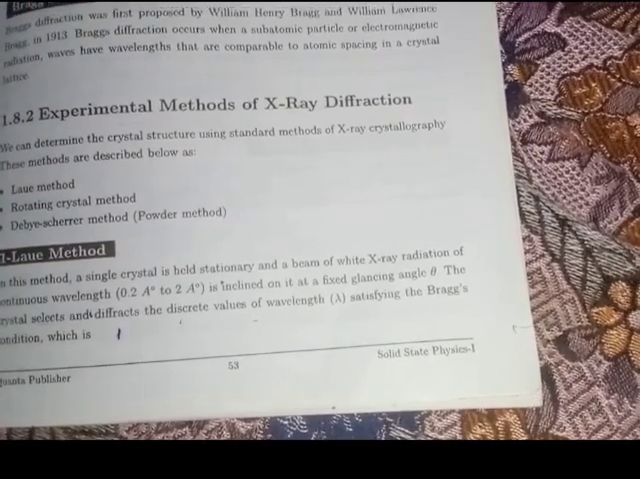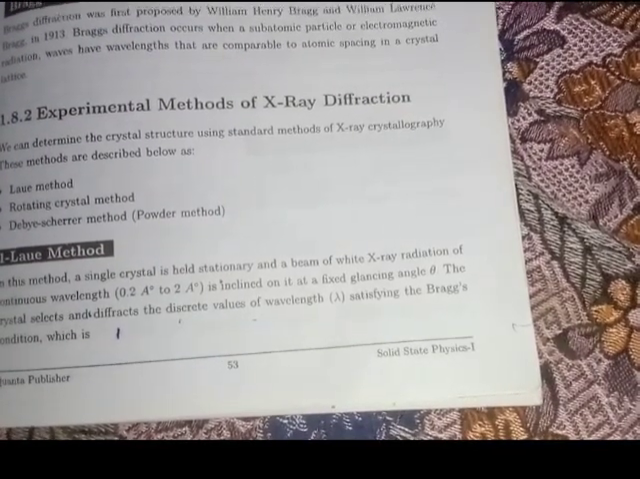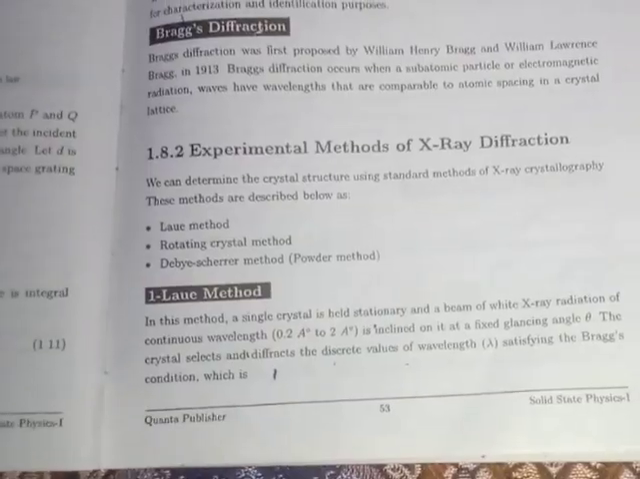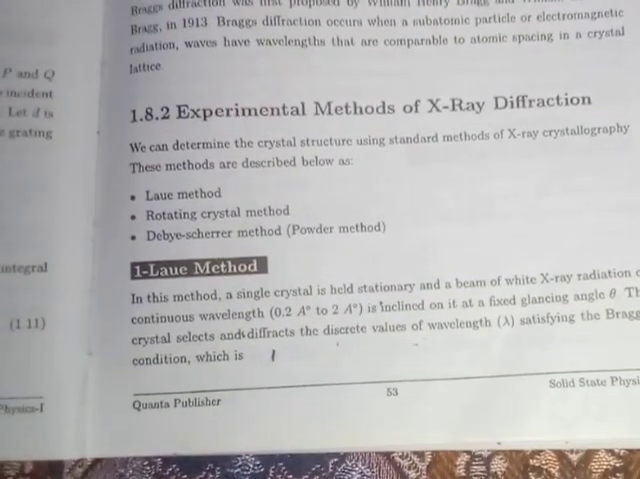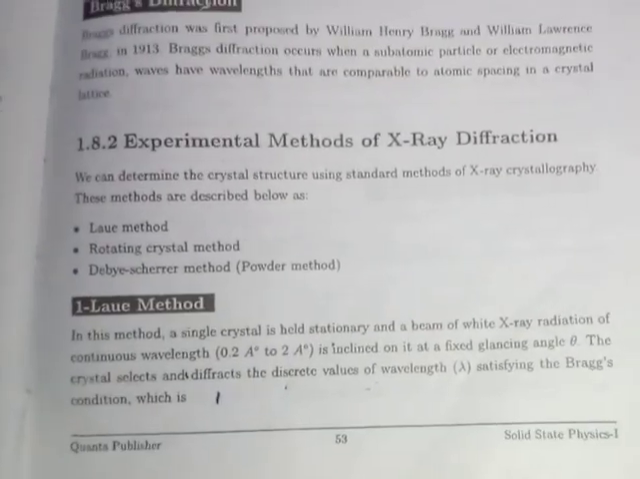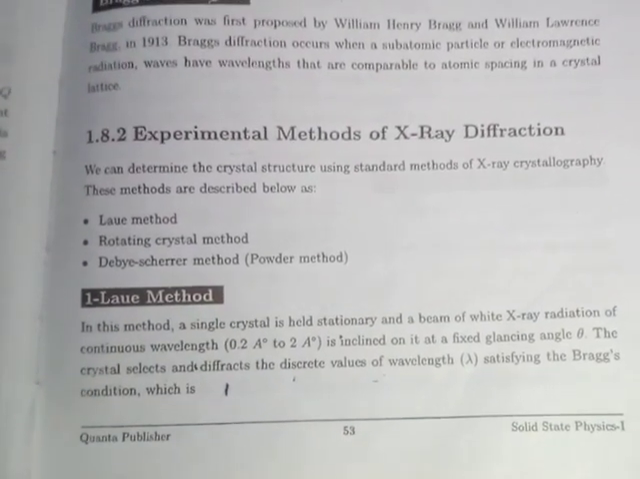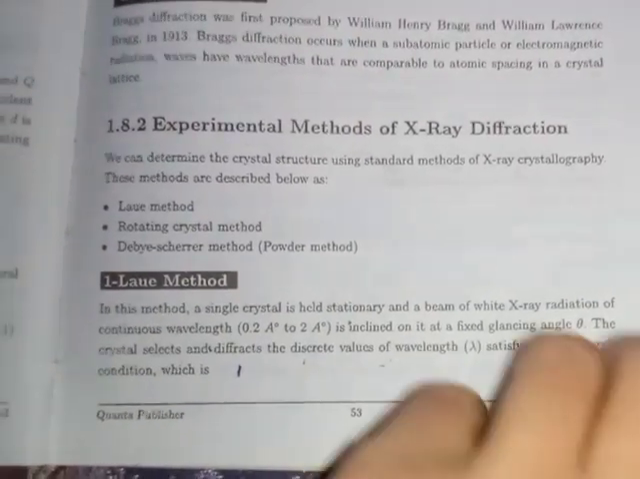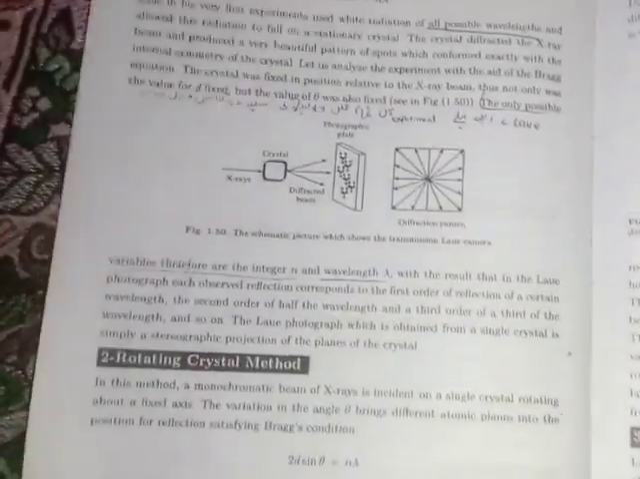यानी कि इसमें एक सिंगल क्रिस्टल को स्टेशनरी रखा जाता है और एक वाइट एक्सरे बीम रेडिएशन को, जिनकी वेवलेंथ होती है 0.2 एंगस्ट्रम से 2 एंगस्ट्रम, उस पे इंसिडेंट करवाया जाता है जो कि एंगल थीटा बनाता है। एंगल थीटा जो होता है हमारे पास वो फिक्स्ड होता है। हमारे पास इसकी इक्वेशन होगी 2d sin θ